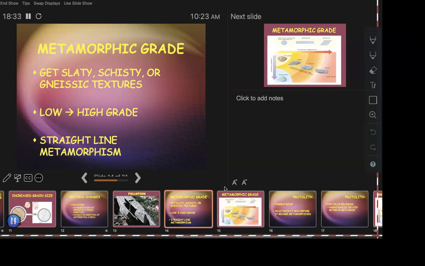Your words that you're going to see, your metamorphic names, there's slate, there's schist, there's gneiss. Well, we also use those as adjectives. Slaty, schisty, gneissic. I don't know why they don't say gneissy, but they do say schisty, and everybody usually giggles. So we talk about those as textures because they're common enough. So you could actually get these sort of blends, okay, where you have a really schisty slate or a really nice schist, and so on and so forth. There's another joke you missed.